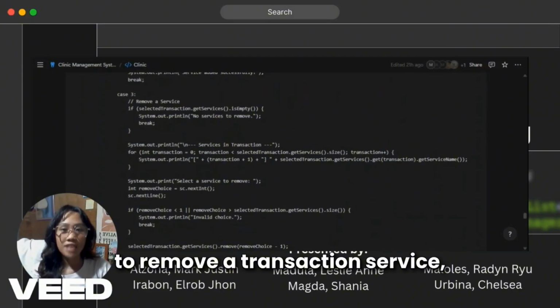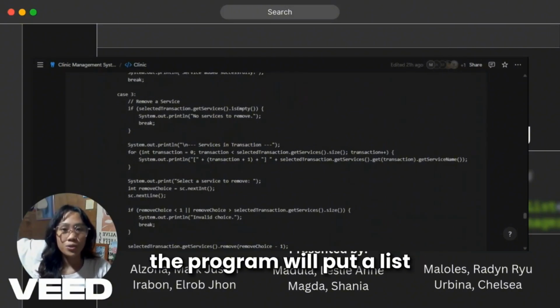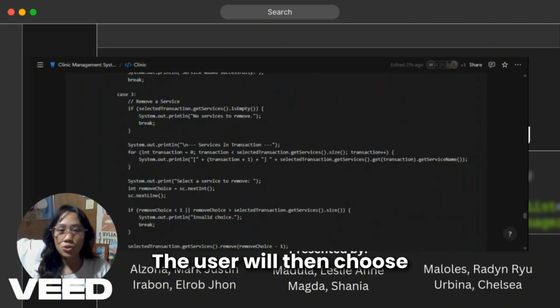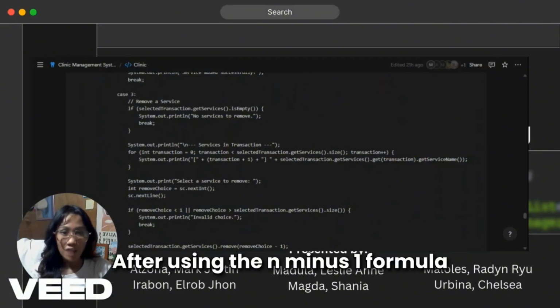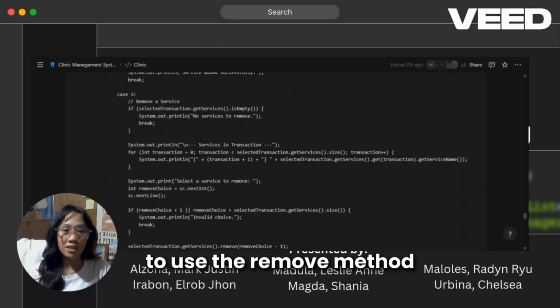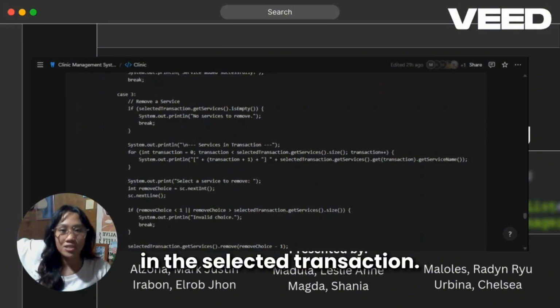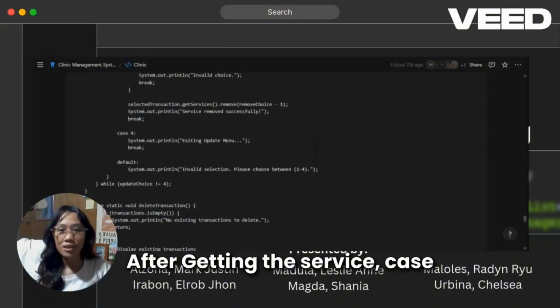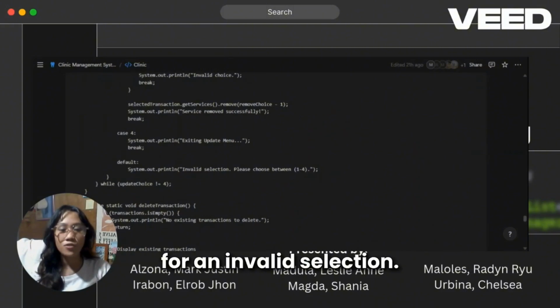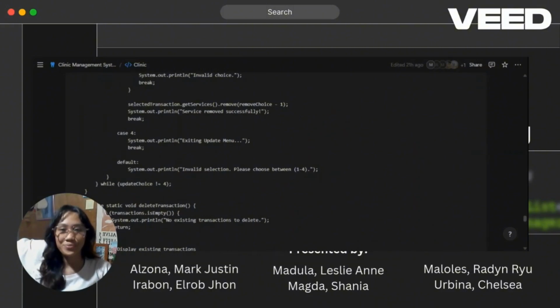To remove a transaction service, the program will put a list of services in the transaction. The user will then choose what they want to remove. After using the n-1 formula for index, we used it as a parameter to use the remove method in the selected transaction after getting the service. Case 4 exits the update menu and default is for an invalid selection.